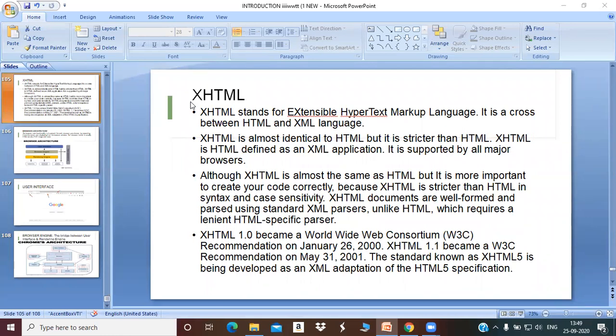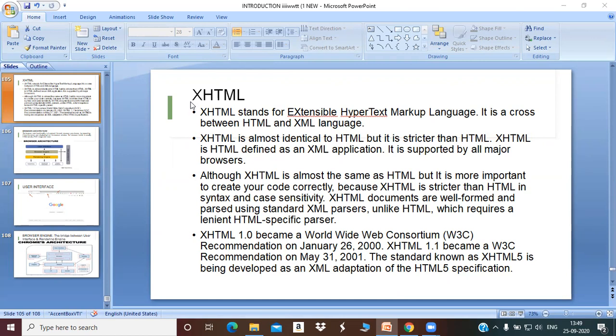So what are the syntax and the other attributes when we declare an XHTML? We will be very careful with case sensitivity, and we have to declare all the attributes in the specific format while creating any XHTML documents.